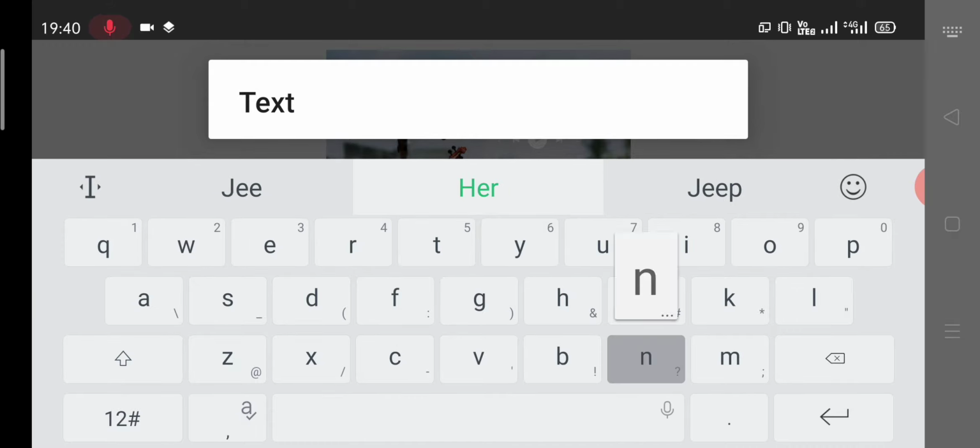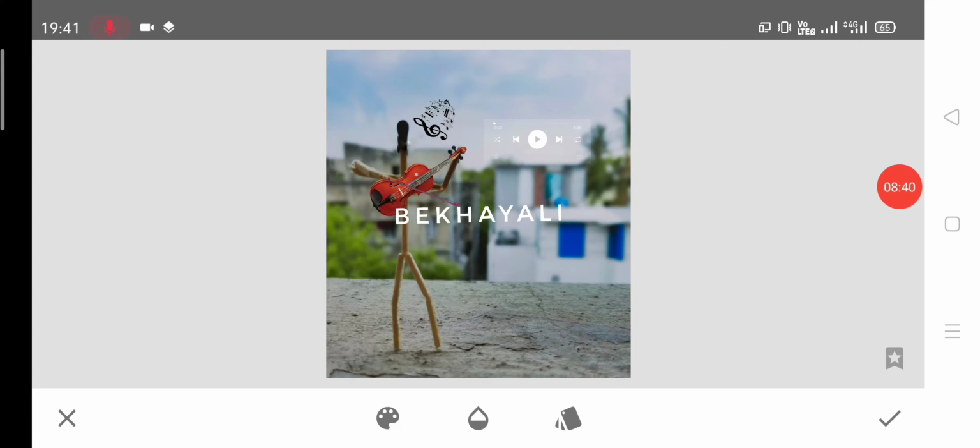For example, I am giving this song name. Once you edit your song name in the text section, you can add it here. Set a suitable size. So that's all you have to do.